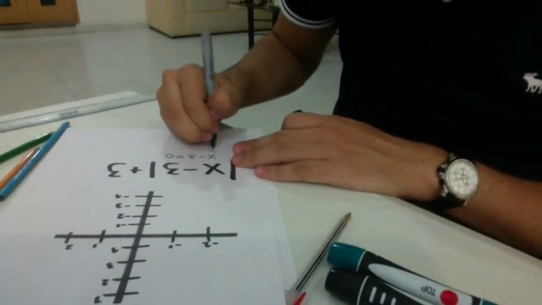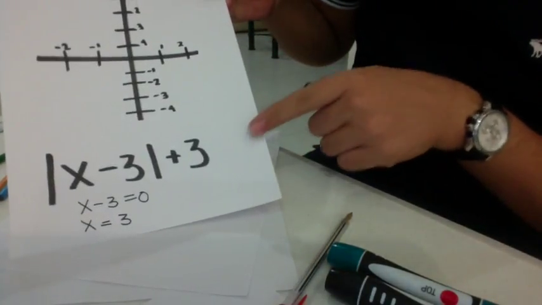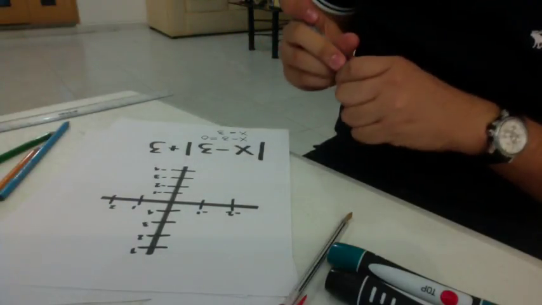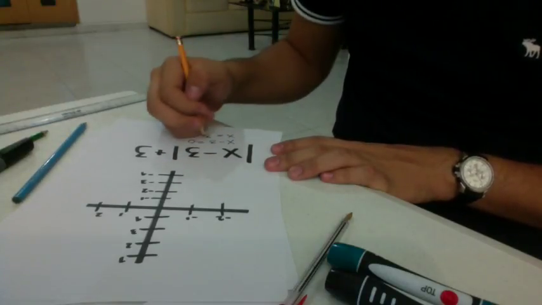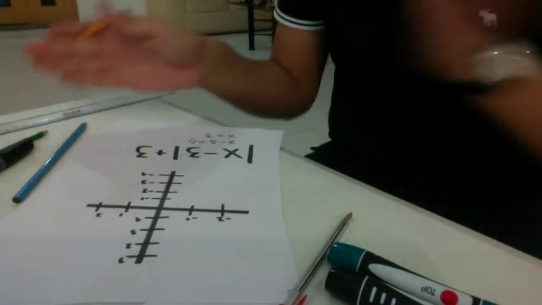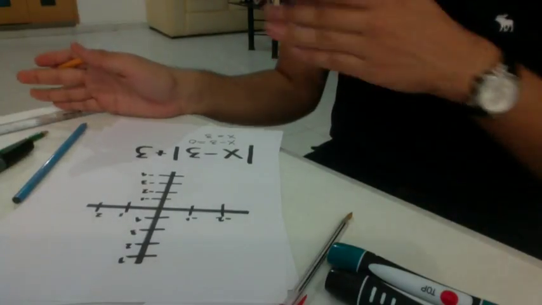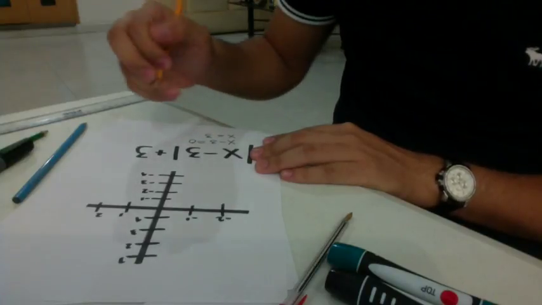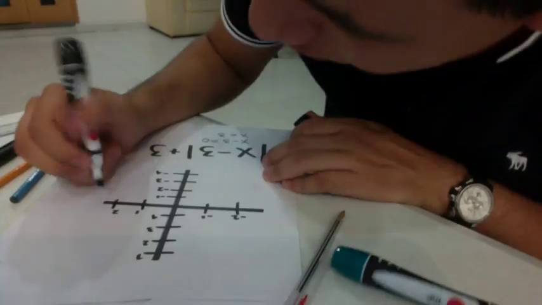So x passes positive, so it means that x is equal to 3. So in this case, the numbers or the additions or the subtractions that are inside mean that it goes to the right or to the left. Whatever, if it is positive, goes to the right, if it is negative, goes to the left. So in this case it's positive, so we need to move 3 spaces to the right, here,